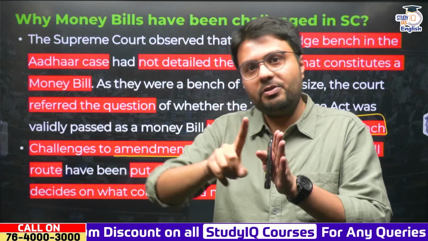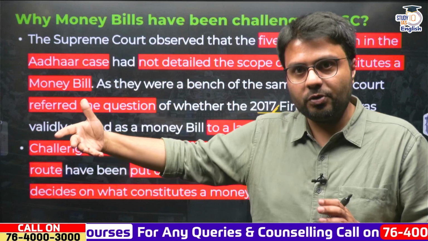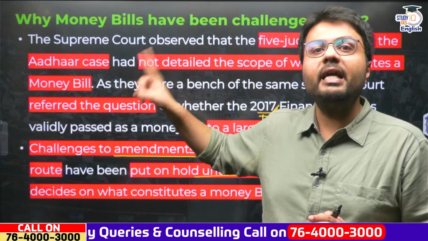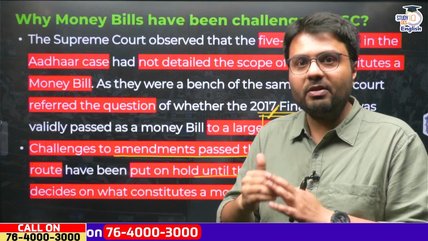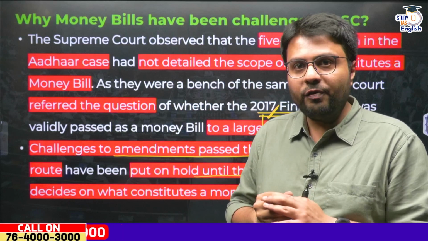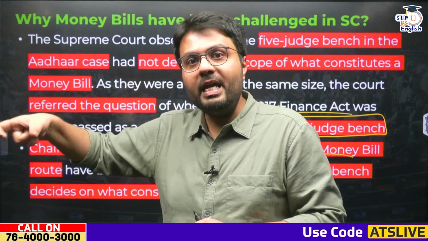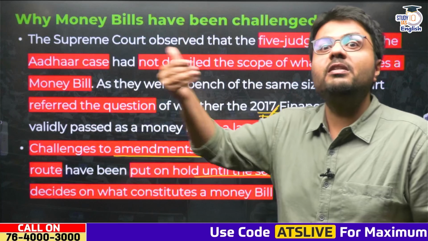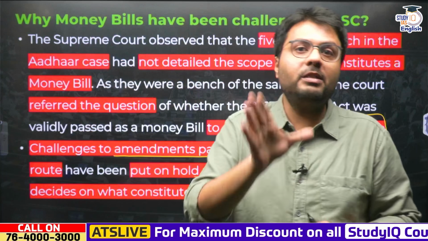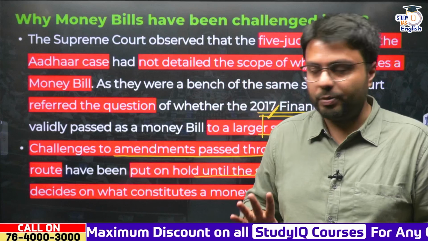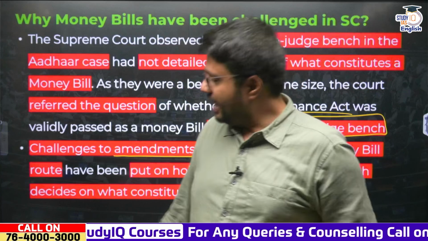Right. So in some cases, justifiably, the government has used this route to provide for more expenditure from the Consolidated Fund of India, as we have understood in the case of increasing the strength of Supreme Court judges. But in many cases, like the Aadhaar Amendment Act or amendments to the Finance Act, the government has used this route to fast track the passage of the bill, which many petitioners feel is an unjustified route, or a misuse of powers by the government as well as the Speaker, in order to bypass the parliamentary scrutiny which should be done eventually, right? So if and when the judgment of the 7-judge bench comes, we will discuss it then also.